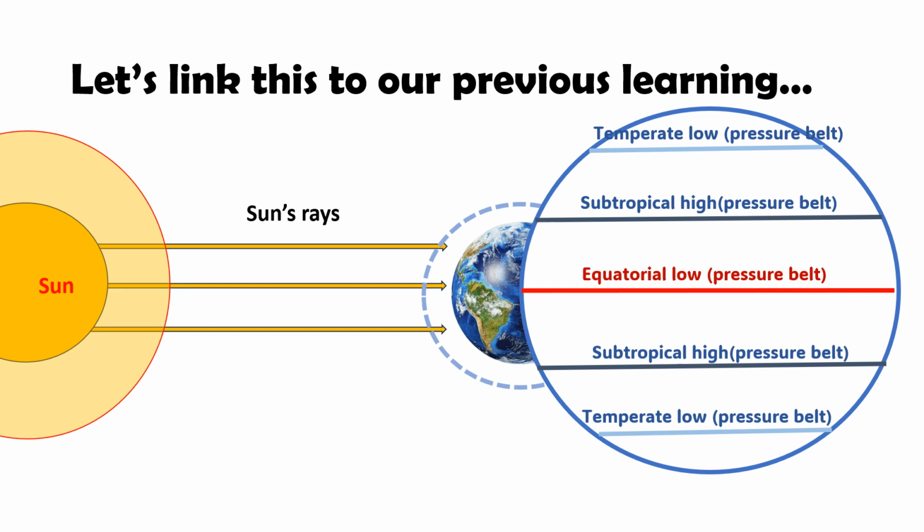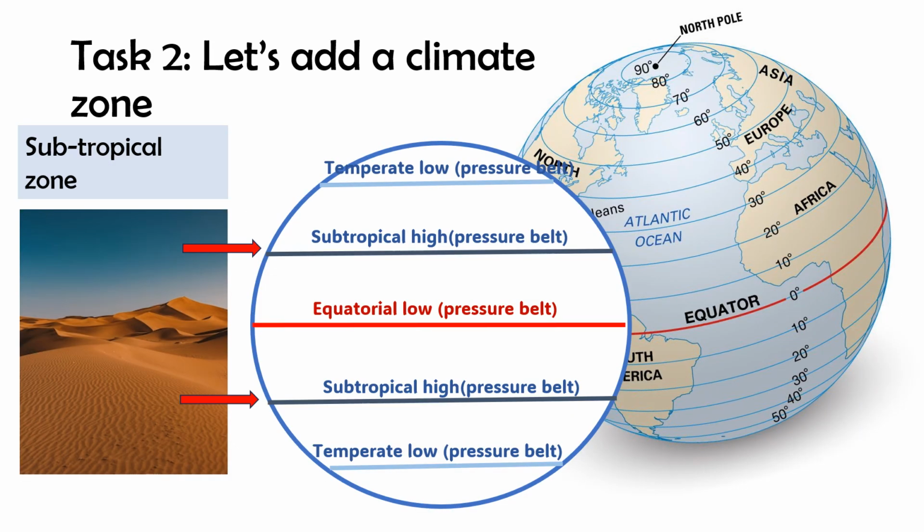worked on last time. You've got the temperate low pressure belt, subtropical high pressure belt, north of the equatorial low pressure belt. And this is basically what's going on in those different regions. This sun that particular place gets is due to what's happening in those regions. So remember, here you have got areas that